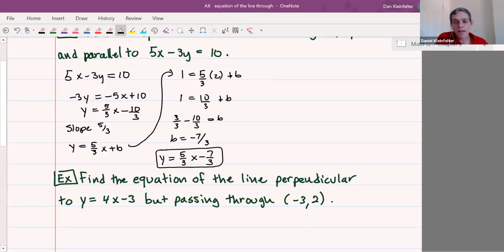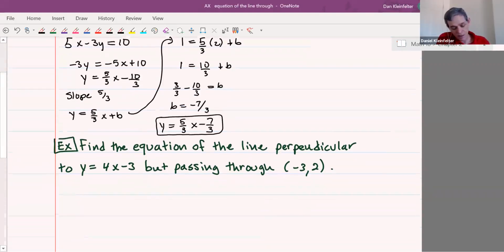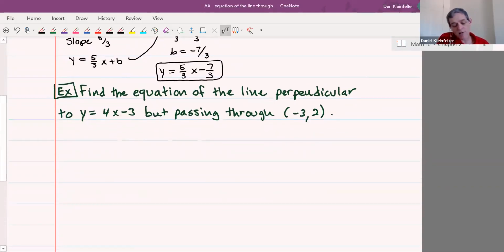Okay. We had a line that we were given. We wanted to come up with a line that was parallel to that line, but passing through this other point. Okay. Variation on that question. This time it's supposed to be perpendicular. So we want to find the equation of a line that's perpendicular to a given line, but passing through the